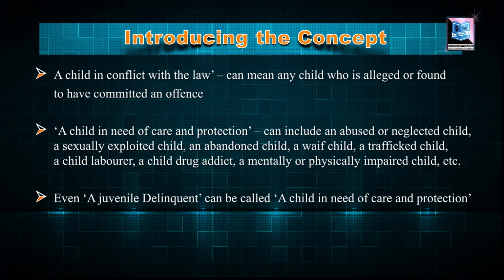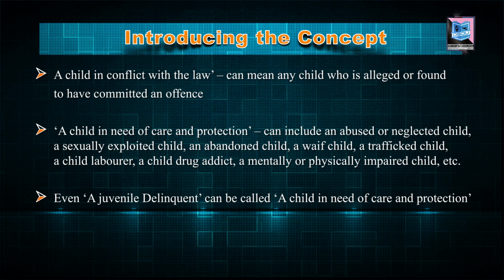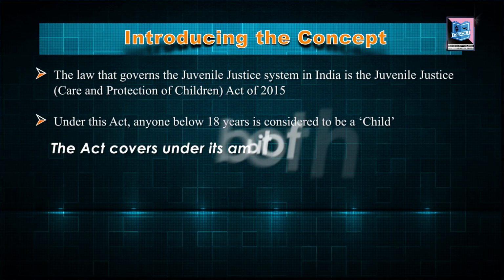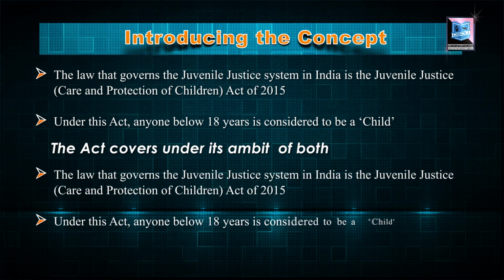A child in conflict with the law is anybody who is a child who has been alleged to have committed any crime. On the other hand, a child in need of care and protection includes an abused child, a neglected child, a sexually exploited child, an abandoned child, a waif child, a trafficked child, a child laborer, a child drug addict, a mentally or physically impaired child, etc. Some believe that even a child in need of care and protection includes a child who is a child in